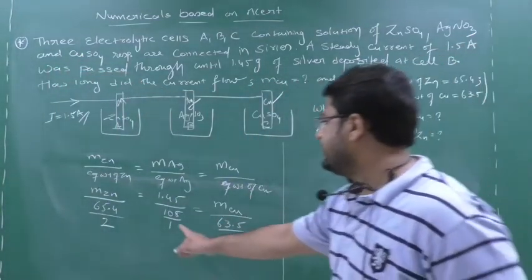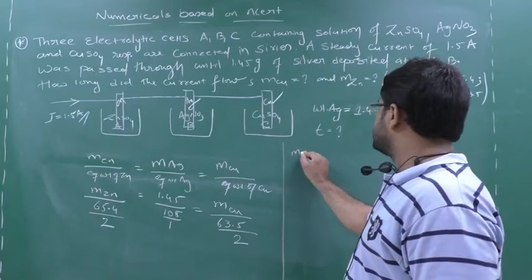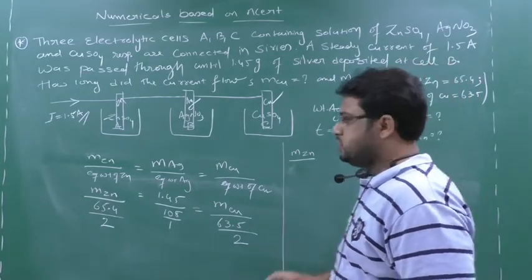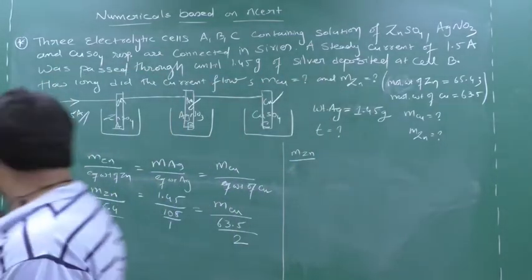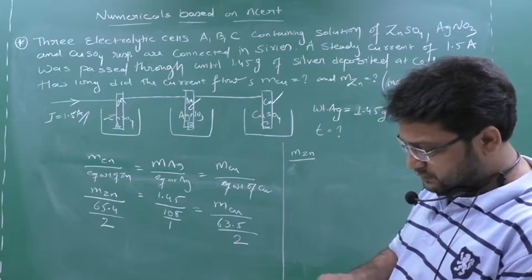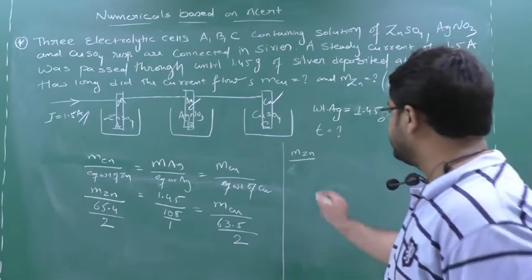So see, first I will equate these two. So what I will do? I will take the mass of zinc by 65.4 by 2. So I will use the calculator. Now see here, 65.4 by 2, I get the answer as 32.7